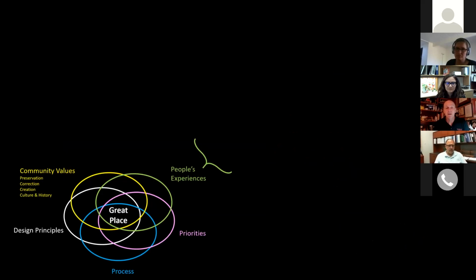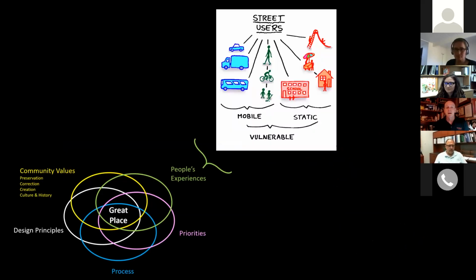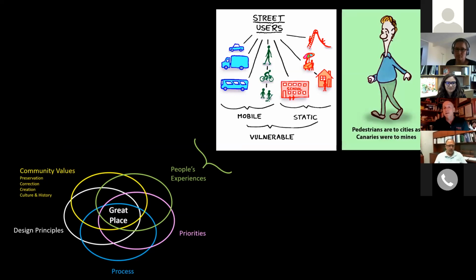And then the people's experiences are really very important. So there are all kinds of different, what we call users of the public realm. The easy ones to accommodate are the motorists and the buses. And the more difficult ones to accommodate comfortably are the pedestrians, the transit users getting to the bus stops, the kids, elderly folks, the folks that have disabilities, and the cyclists. These are the mobile users of the street. And then we want to be able to support the static users, the schools, the homes, the neighborhoods, the businesses, and the recreational area, the vulnerable users.